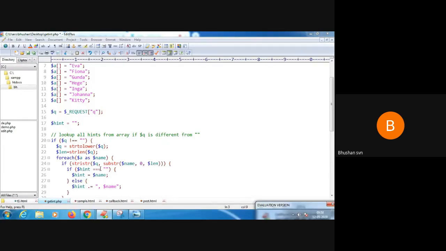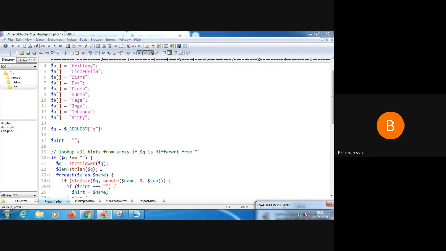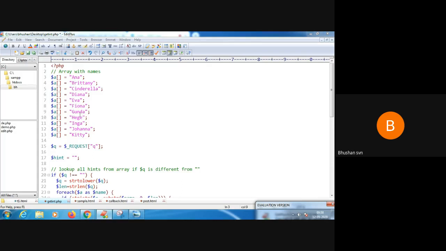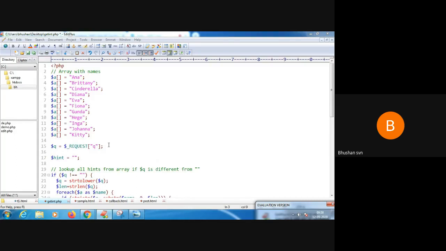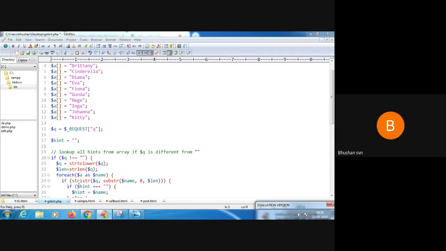Then what I will do, I will take the first character, and I will compare each fetched character from the text field with the information which is available. I can give AK or AN or ACK or ANA. I can give any number of characters. So how does it match? This is the function stristr, which does it, and it will take a substring of that.